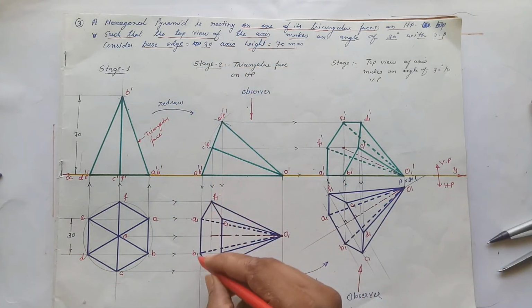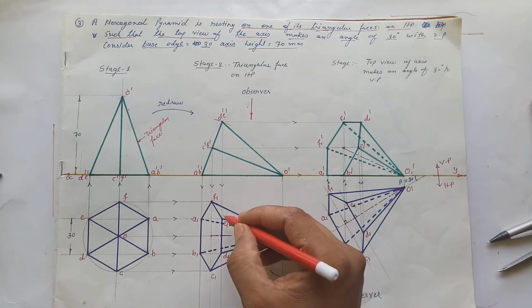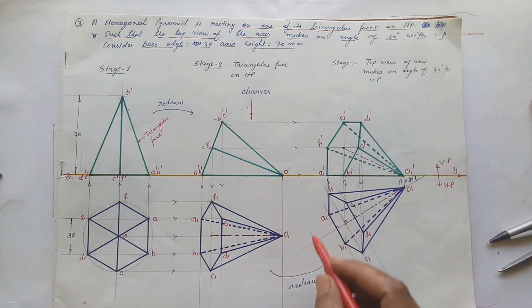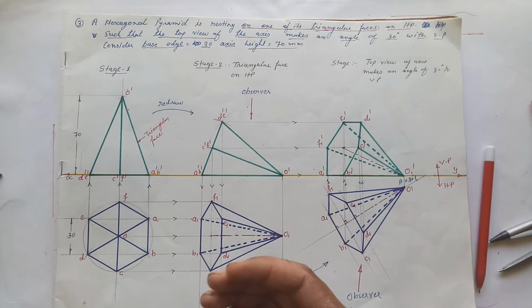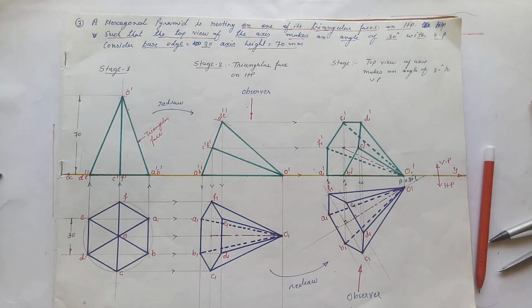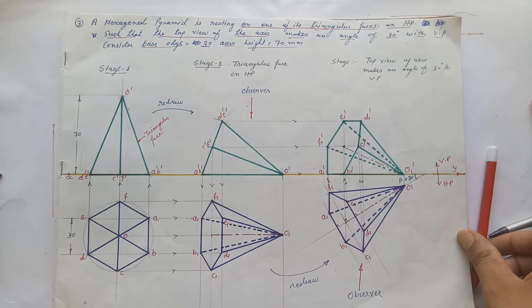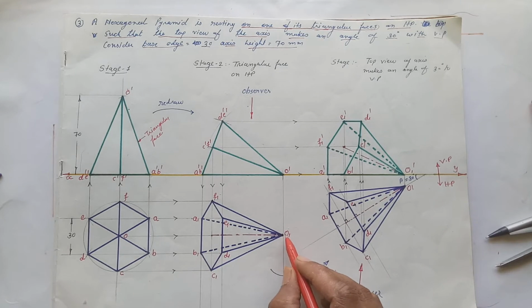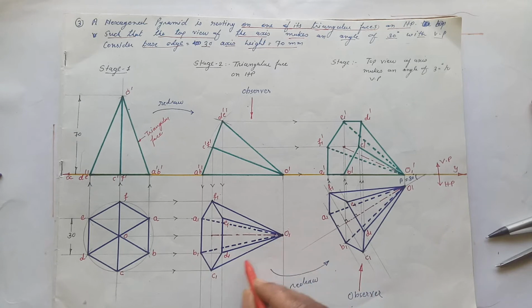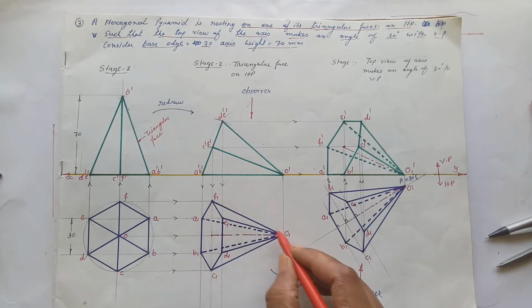So first of all, draw the surface of the base, that is A, B, C, D, E, F. Then after, draw the slant edge by using the rule of intersection of the visible outlines and hidden outlines, in which we have discussed that two visible lines will never intersect and two hidden lines will never intersect. So now you can draw the slant edge starting from OC. It is going to be visible because we don't find any intersection in OC. Again OD is going to be visible, OE is also going to be visible, OF is also going to be visible.